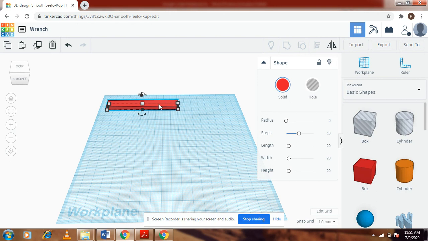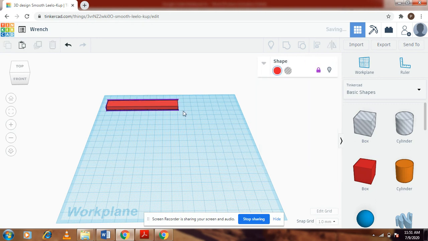So you can always go ahead, select the component and then click on lock editing, which will lock editing for this particular object, and you won't be able to make any changes to its dimensions or anything while this option is on.